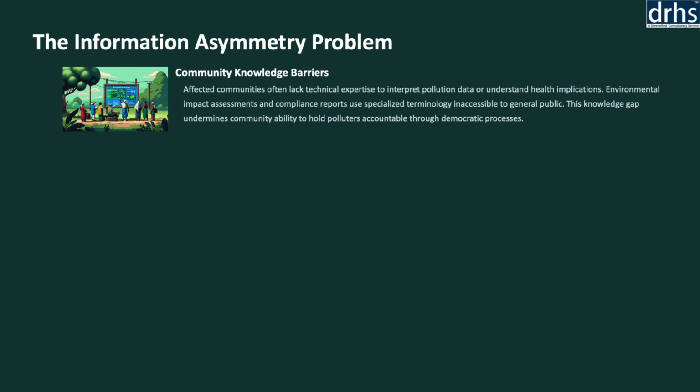Now let us explore the impact of information asymmetry problems. Information asymmetry presents a major obstacle to the effective enforcement of environmental governance in India. It occurs when key stakeholders, particularly affected communities, lack access to reliable, timely, and accurate environmental information. Community knowledge barriers are prevalent, especially in rural and peri-urban areas, where populations are often unaware of industrial